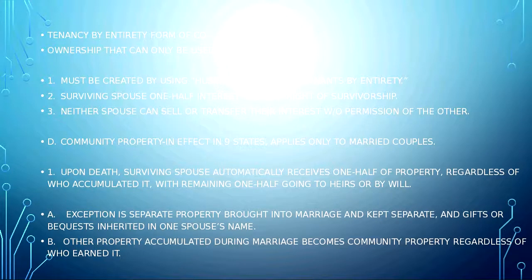Now, why is all this important? Any property that is accumulated during marriage automatically becomes community property regardless of who has earned it. Okay? So it used to be we had one working spouse and the other one was a stay-at-home spouse raising children and taking care of the family and all. Yet under community property, the surviving spouse, let's assume it was the non-working spouse who didn't actually bring in any of the property into the marriage, nevertheless, under community property laws in community property states, would automatically receive 1/2 of it.